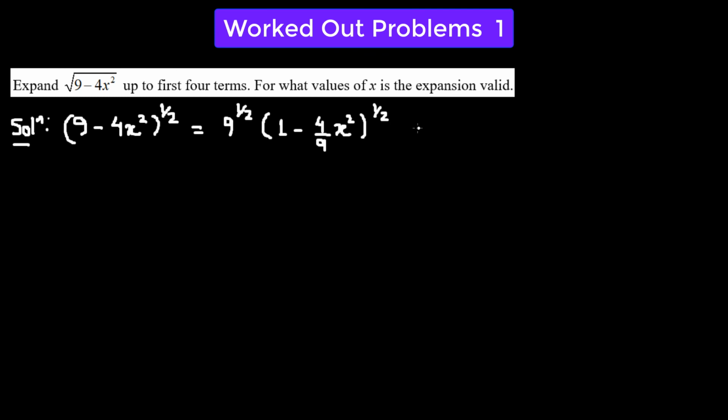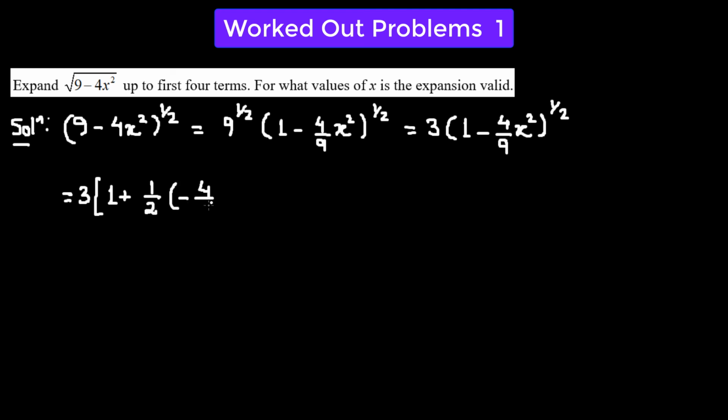Now 9 raised to the power half is simply the square root of 9, which will be equal to 3. So we have 3 times (1 minus 4 over 9 x squared) whole raised to the power half. Now we're going to apply the binomial theorem, so that would give us 3 times 1 plus n times x, which is negative 4 over 9 x squared